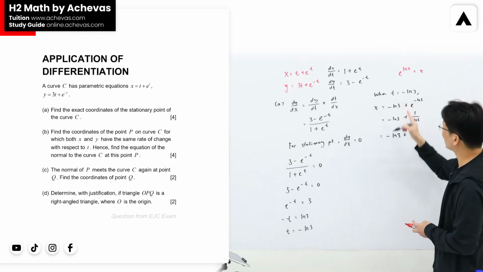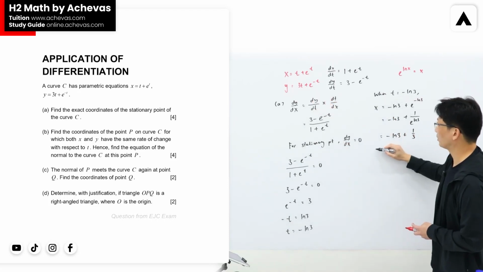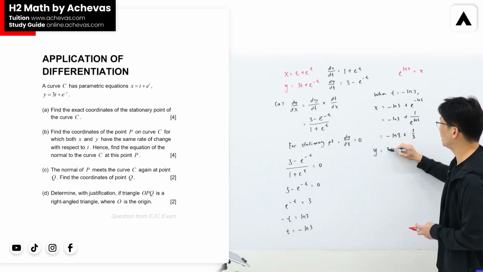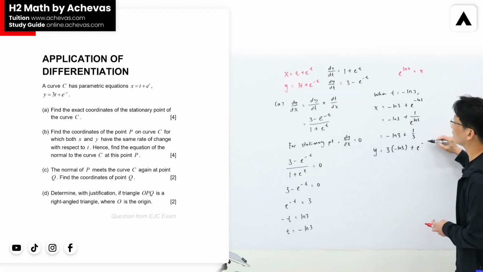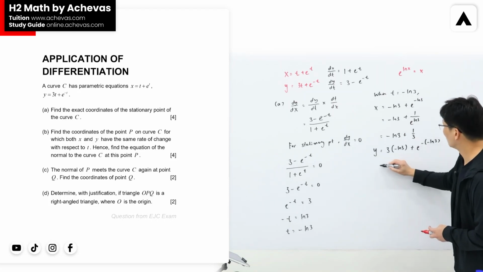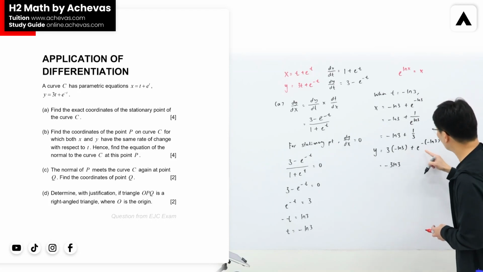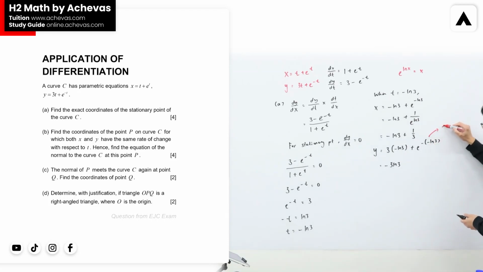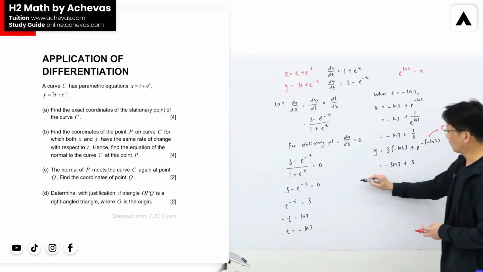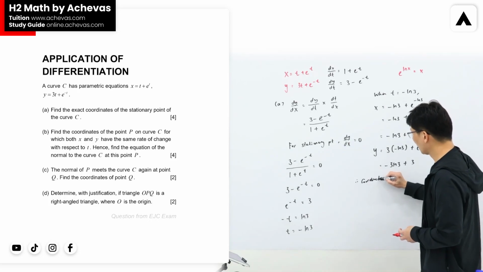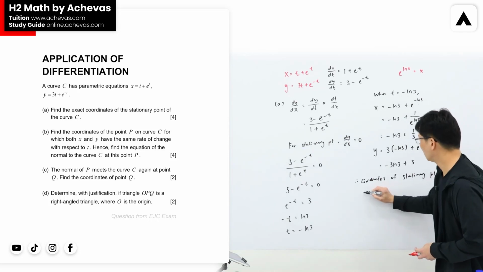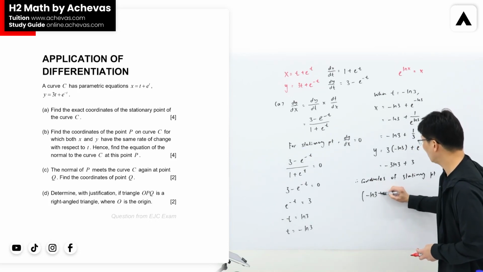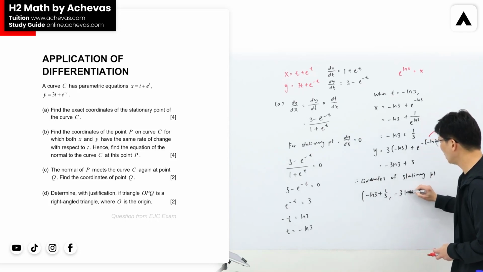Similarly, I'm going to sub t equal to minus ln 3 into my expression for y. So I have 3 times minus ln 3 plus e to the power minus of minus ln 3. Here I will have minus 3 ln 3, and I'm just left with e to the power of ln 3, which basically gives me a 3. So therefore the coordinates of my stationary point will be minus ln 3 plus 1/3 and minus 3 ln 3